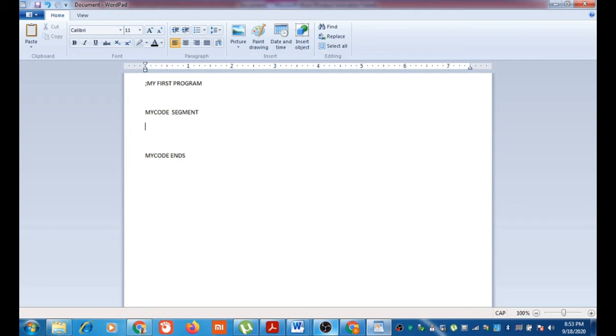Inside this, you can use it for anything. If it should be used as a code segment, you should tell the assembler through the assume assembler directive. CS is the code segment register, CS colon my code. Now the segment named my code will be used as the code segment of your program. Otherwise it is just a segment that can be used for anything.